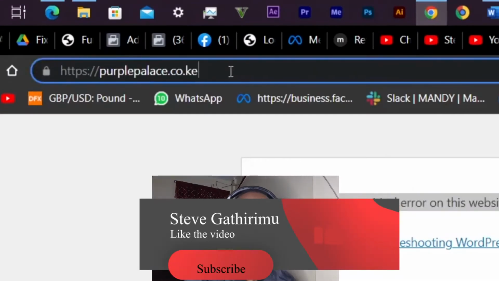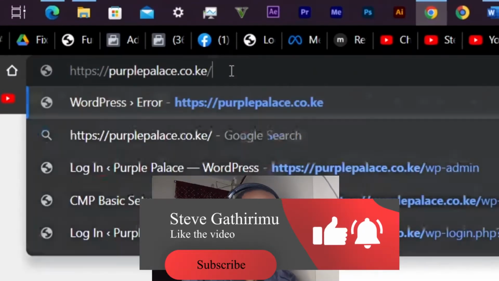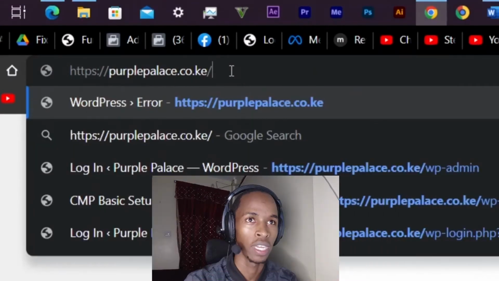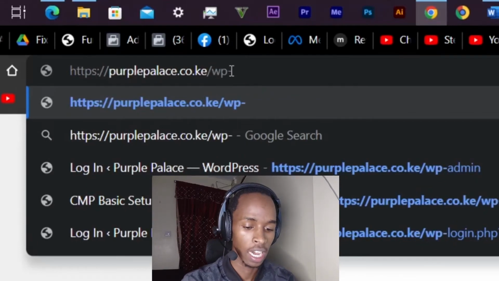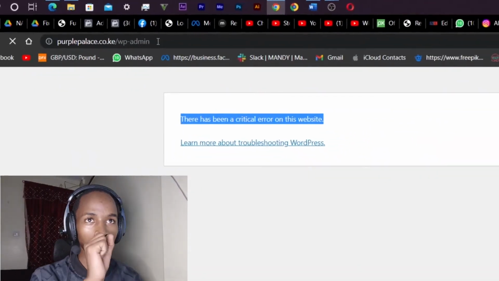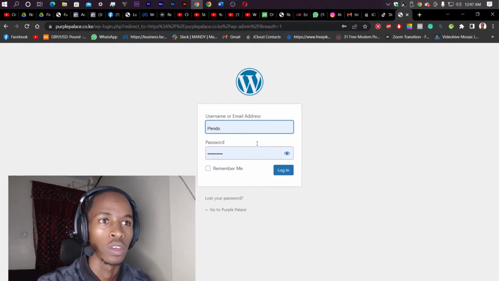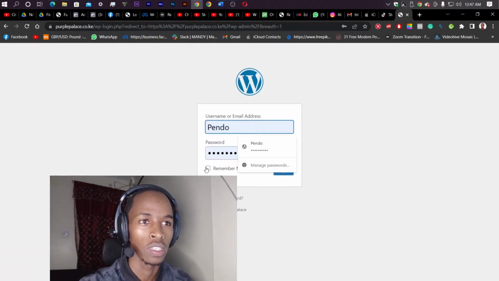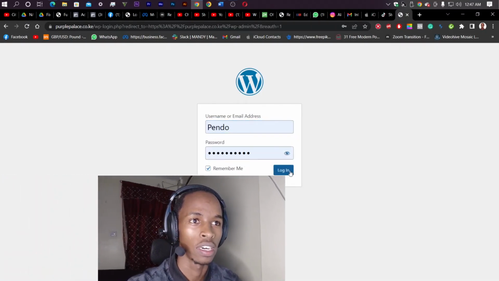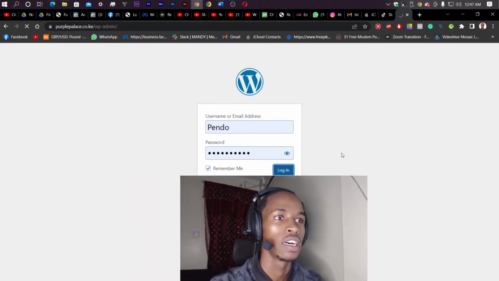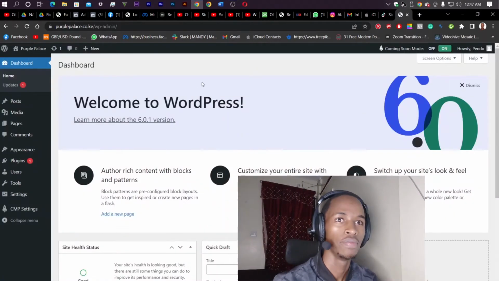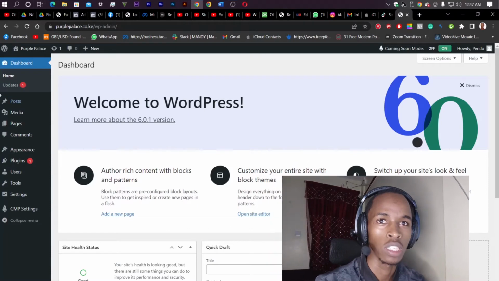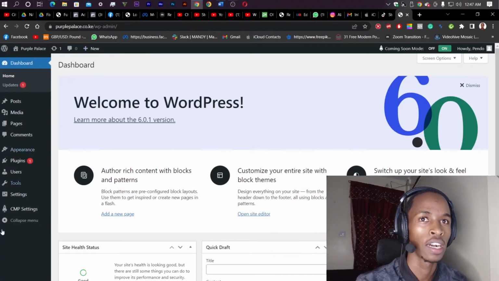So for this one we'll need to log in first. To log in you have to write first the website domain, then wp-admin, then login. So already I have the passwords and the usernames saved, so I'll just log in. And once I'm logged in, I'll be able to see the WordPress dashboard, and I want to check where exactly